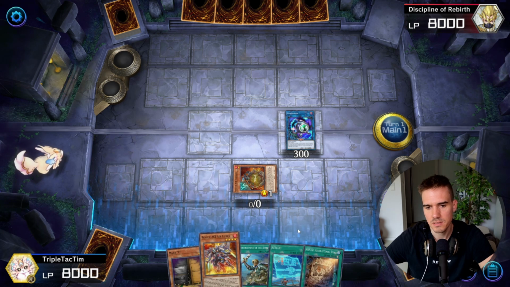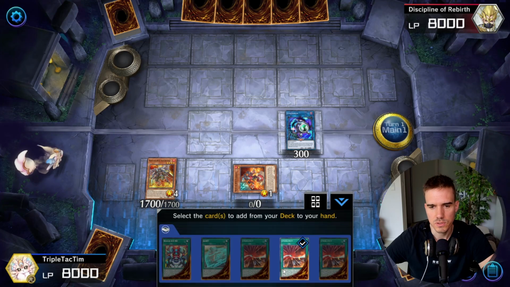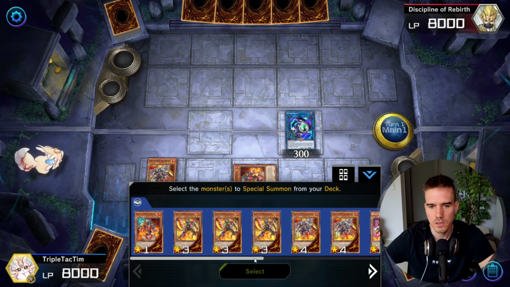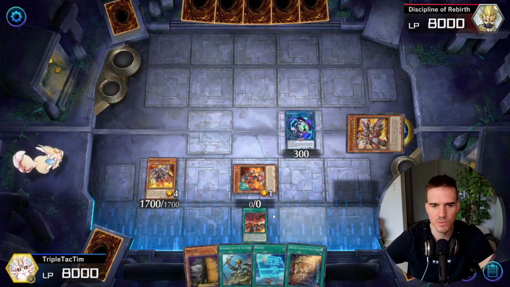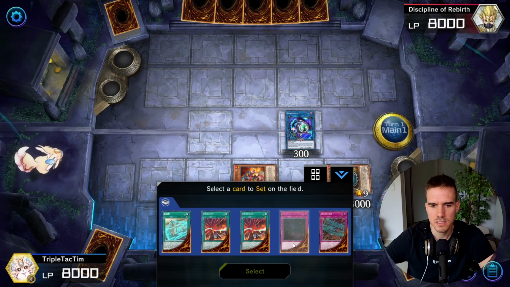Otherwise, it's a bit different. We will talk about this in a moment. We go Airlifter, and this time around, once again, grabbing the Emergency. So now we can go Emergency. You know the drill, we are summoning not the Preventer. I'm always clicking the Preventer, the Turbulence, of course. Getting rid of our Rescue-ACE Airlifter, and then we are going to activate the Turbulence, setting ourselves the trap,